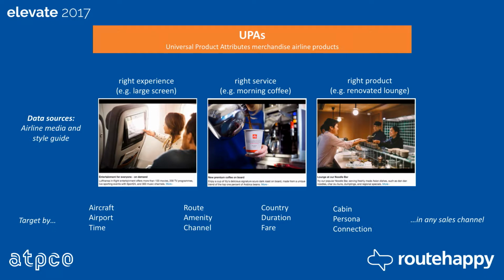So really talking about all those products at the airport, on your flight, to talk about the right experience, the right service, and the right product, targeted as you'd need it to target. Breakfast at breakfast time, the lounge at the right airport. There are all sorts of offers we could talk about. Virgin Australia has free beer on flights between 5 and 7 o'clock between two city pairs. Really interesting information to put in front of shoppers.